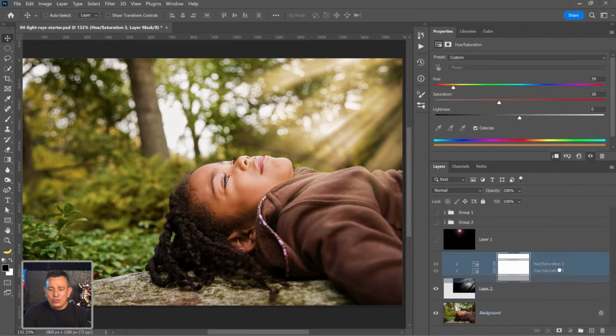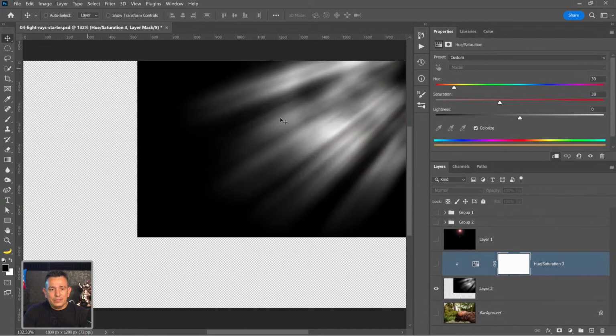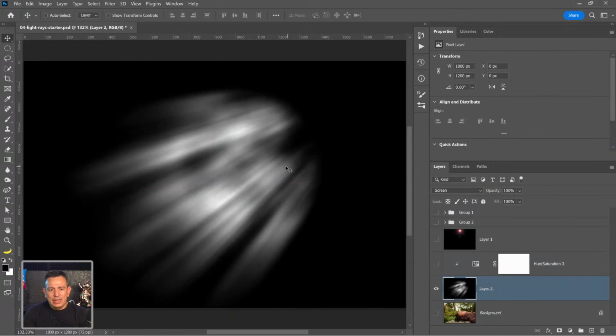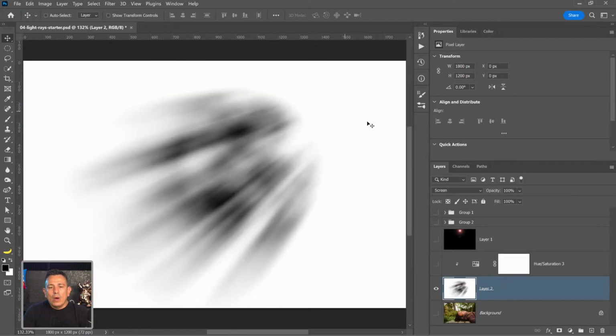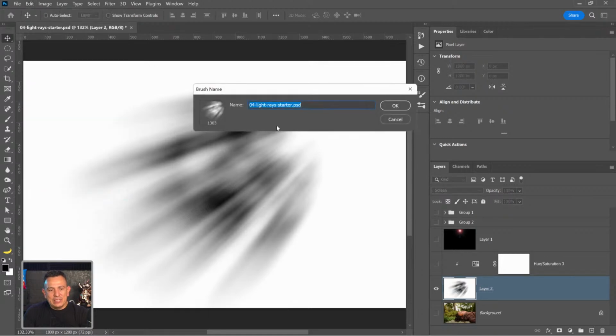Another advantage of doing this technique with the black layer like so is that we can now turn this into a brush. So I'll press Control I on Windows, Command I on the Mac. White will become invisible and black will become the quote unquote paint. So I can go into Edit and select Define Brush Preset, and I can call this light rays,